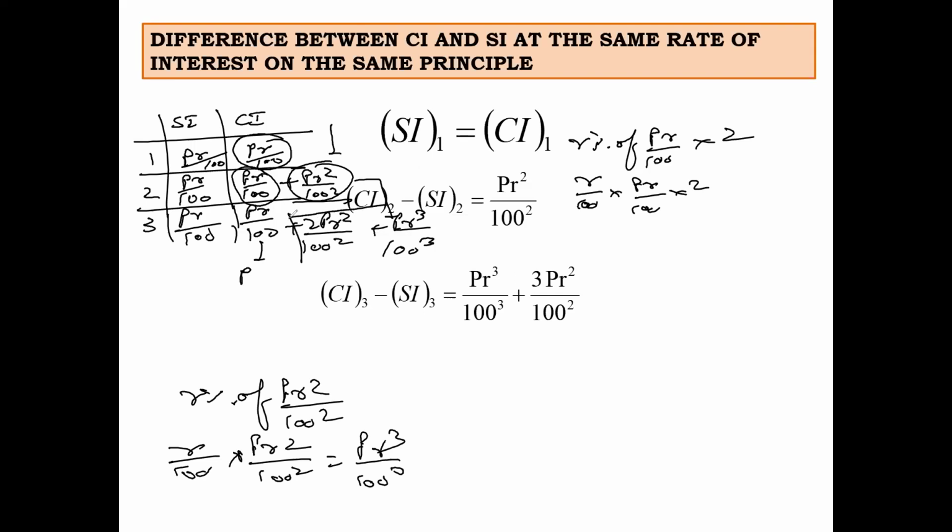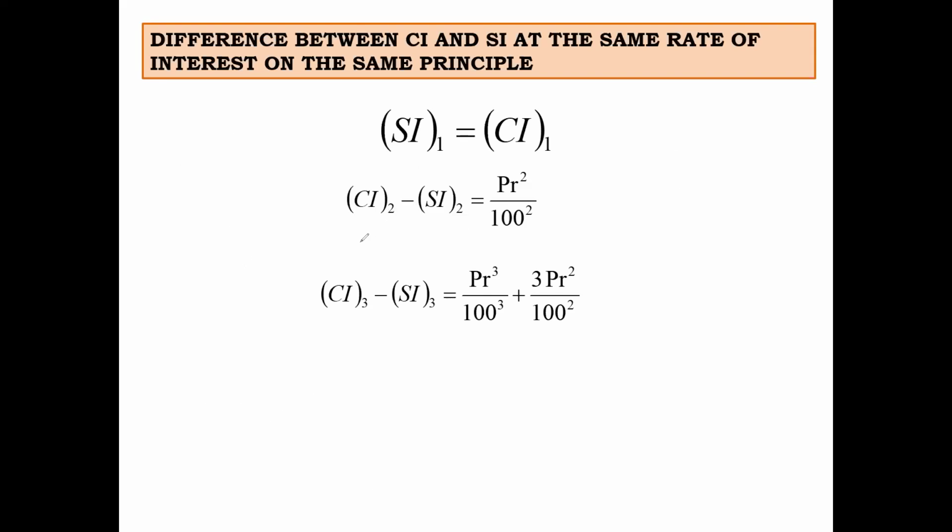So, this is the difference for the third year. And therefore, the formulas that we get are: the difference between CI and SI for the first year is 0. For the second year, it is PR squared upon 100 squared. For the third year, CI minus third year SI is 2 PR squared upon 100 squared plus PR cube upon 100 cube, right? And for 3 years, year 1, 2, 3, the difference will be the sum of these